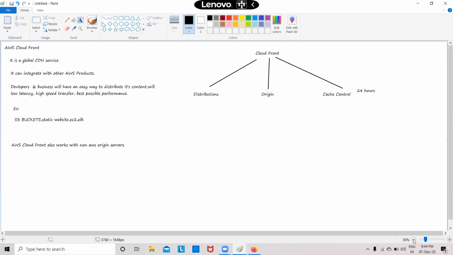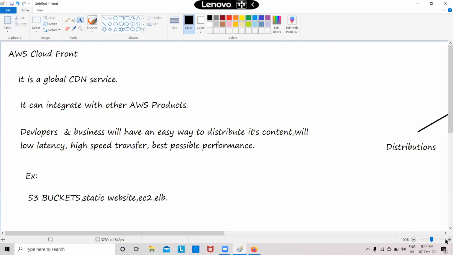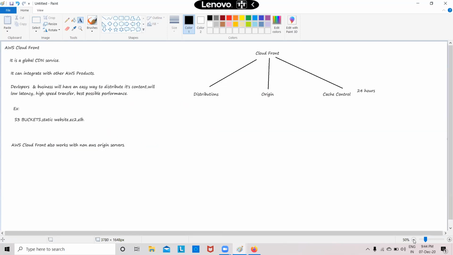So you can please go ahead and take a snapshot of this if you want, with the complete diagram. This is completely from an examination point of view. Okay, so let's jump to our